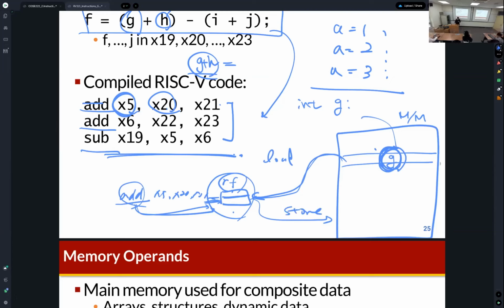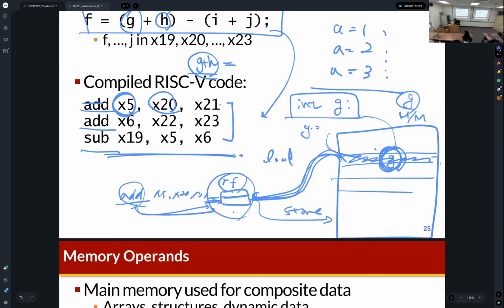So when a G is declared, G is assigned in the main memory, and then we can also store some data to G here in the main memory. Then, in order to perform the G plus H, we need to transfer this data to the register 5. Then how can we perform this instruction? So G is here, and then H is here. And then, in order to perform the G plus H, we execute the add x5, x20, x21, which means x20